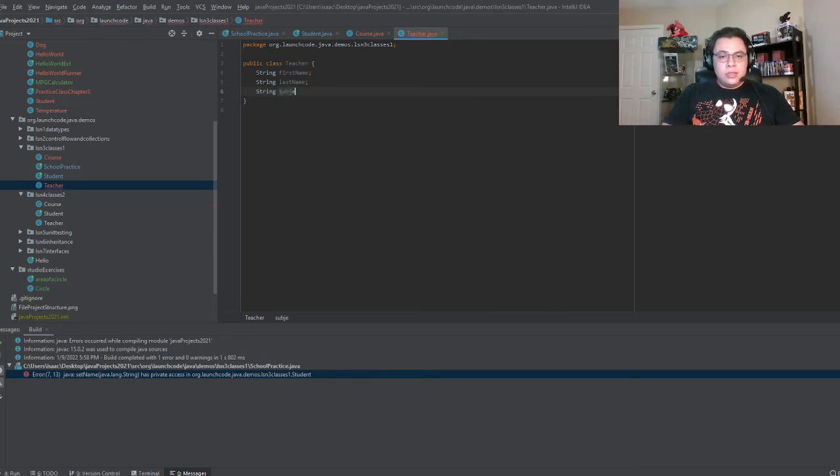String subject. And int years teaching. Okay. Now, one thing to note is now that we have all of these in, we need to think about their access level. So we can leave them as public, which would leave them exposed and anyone can access them, or we can set them to private. Remember that earlier in our book, it was stated that best practice is to make whatever we can private. So we're just going to go ahead and do that for these. And we can just copy, paste, paste,